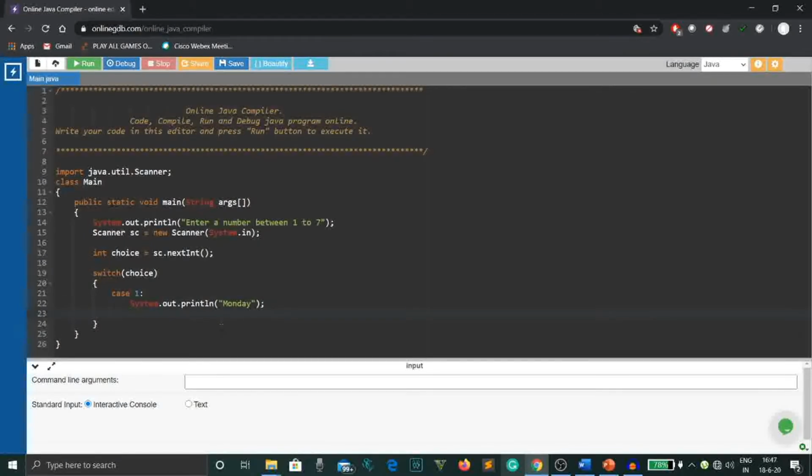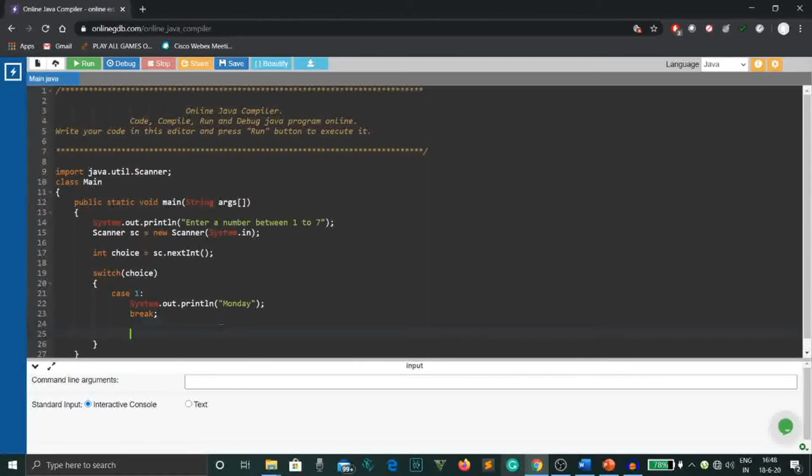After this we need to add another keyword which is known as the break. The break keyword is used so that if the user presses 1 and the word Monday has been printed, the compiler does not run through our entire code after that. So what break does basically is that if 1 has been pressed, Monday will be printed and the program will break from there and there only. So that's why the break statement is used.